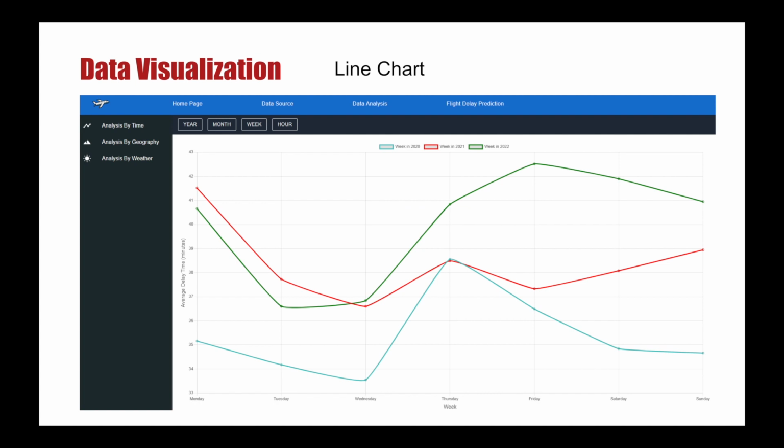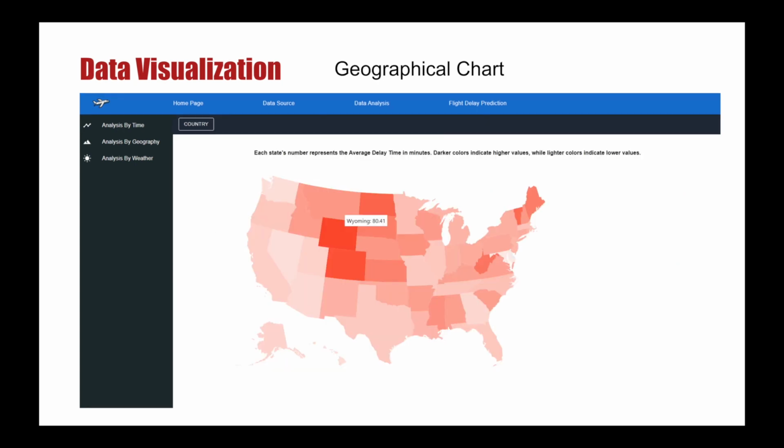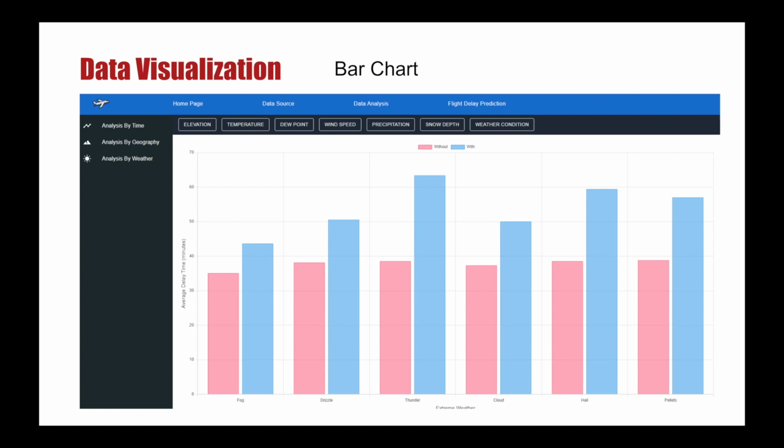And then the second page is the data analysis page. We present the line, bar, and geographical charts to show the relationship between these facts and flight delay time. For time facts such as year, hour, we use line graphs. For geographical facts like airport state location, we use state maps to better see the average delay time for different states. And for weather facts like temperature, extreme weather conditions, we use the bar charts to better demonstrate how different